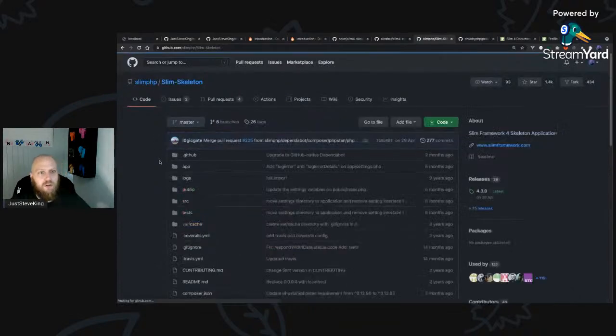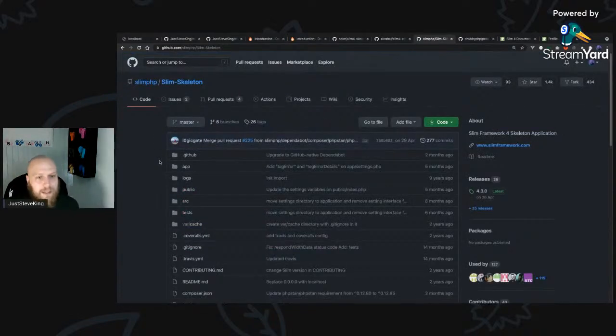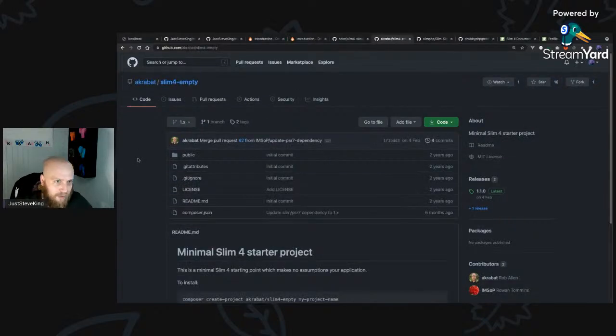And yeah, it's a good skeleton. It's well written, but it's not aimed at beginners. If you're used to MVC and you aren't used to domain-driven design or going with something like a micro framework, I'd probably recommend against this one for now. Instead, maybe look at something like the one that Rob Allen has created here, which is